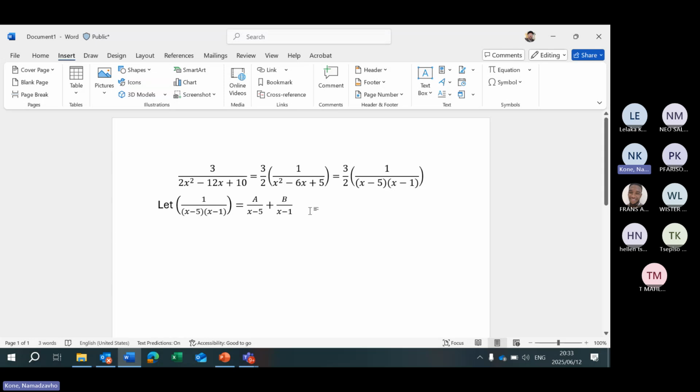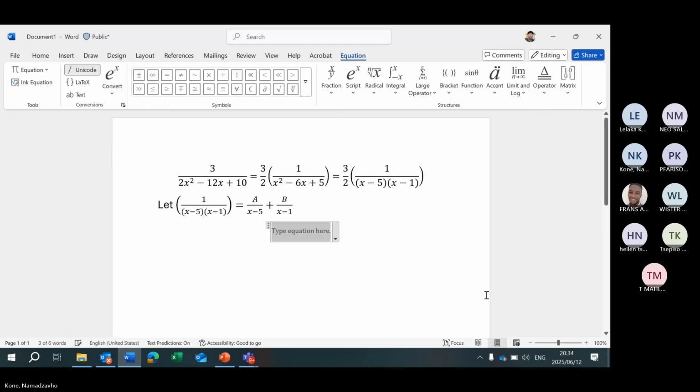So we're multiplying by the LCM of the denominators, everything. So the left-hand side is 1. The right-hand side will be a into x minus 1, plus b into x minus 5. Then there are a lot of different methods that people can use here to solve for a